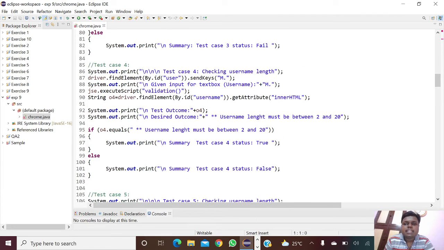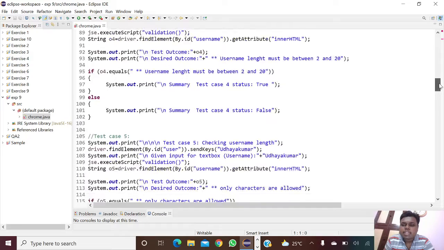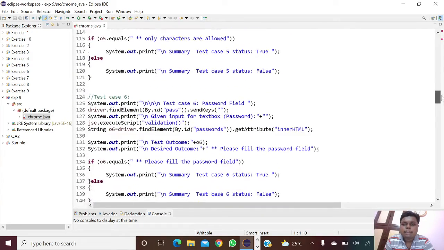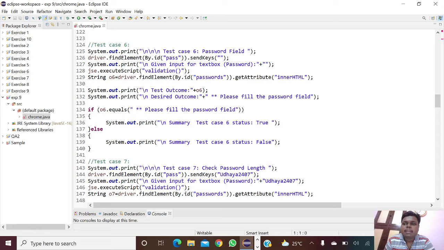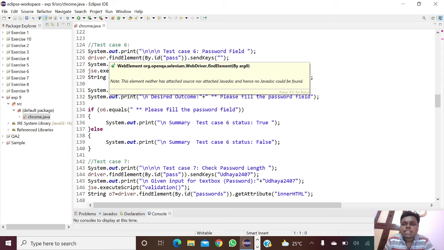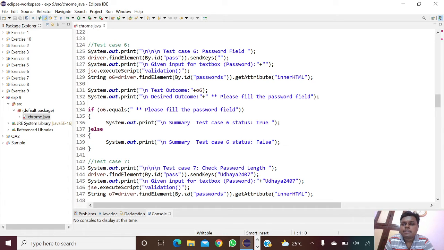Next we're getting the length of the username. The username length must be between 2 and 20, so that it will print true, otherwise it will print false. Next we're going to see about the password in the registration form. So we're using this in test case 6, same as what we saw in the last one for username.